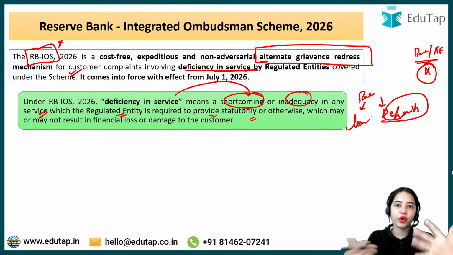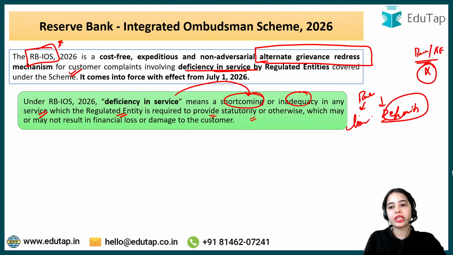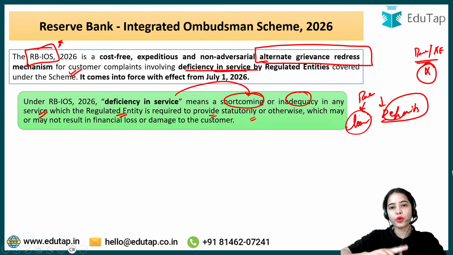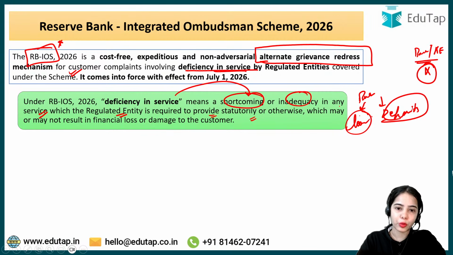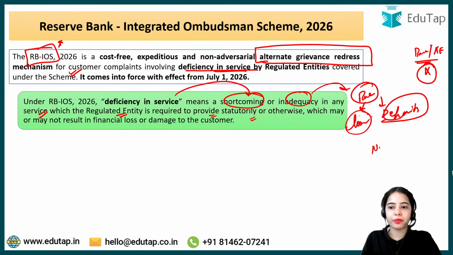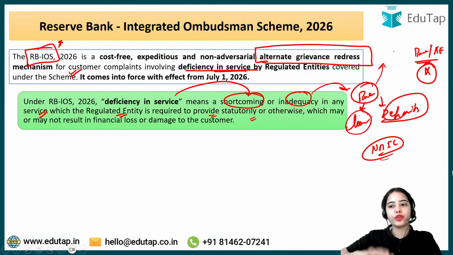So if the bank is taking your deposits but is not paying the interest on time, or is not giving you a timely update of your deposits and interest, or let's say you have taken a loan in which there are hidden charges, or the service is not proper, the EMIs are being deducted from your account on time but still some penal charges are imposed. So if there is any shortcoming or inadequacy in any service which the bank or the NBFC regulated by the RBI is providing, in this case you can raise the complaint with the bank or the regulated entity. In case they are not replying to you, then you can go to the RBI Ombudsman.